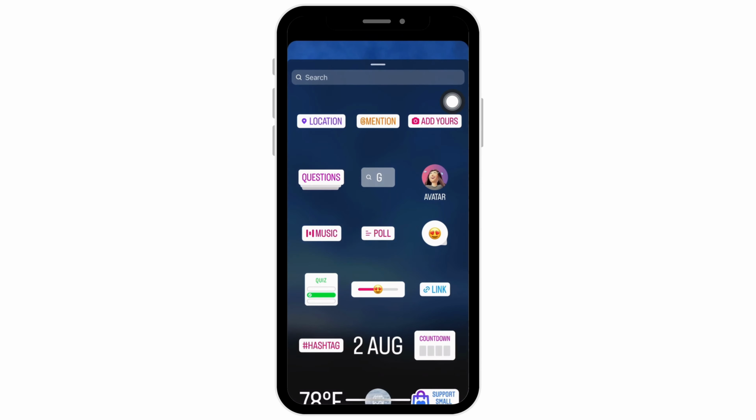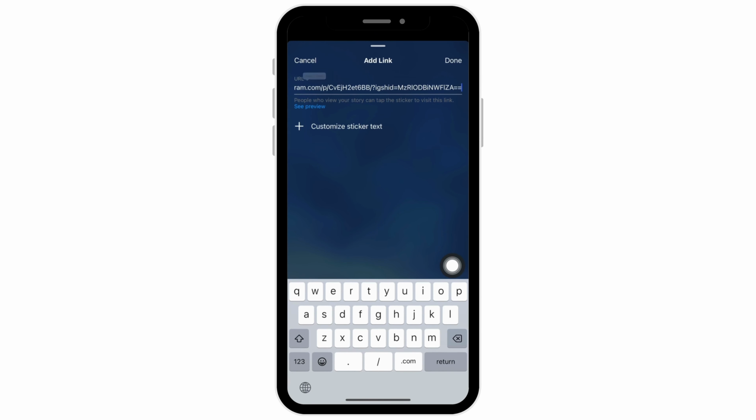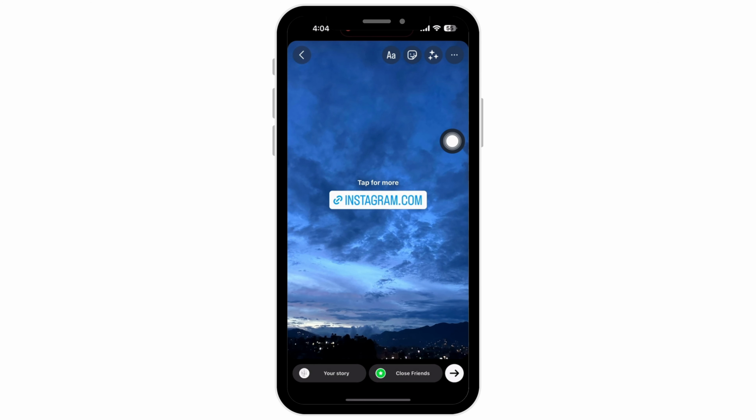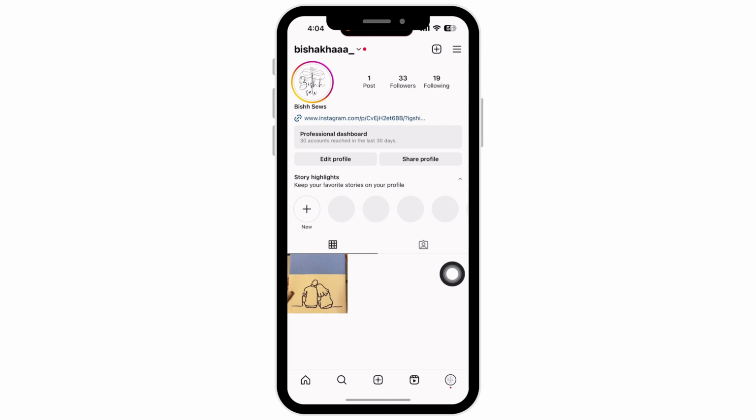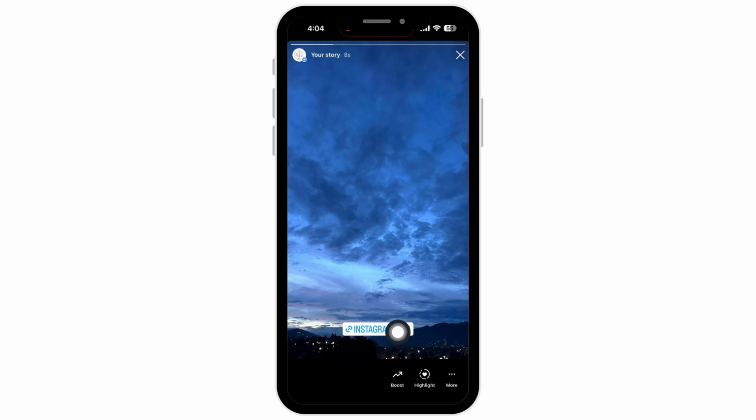Now tap on the sticker icon and there you will see the option for link. Tap on that and now paste the link here and tap on done. Adjust the link placement if you want and then tap on your story. Once pasted, now if you go back and tap on the link here, you will be led to the link